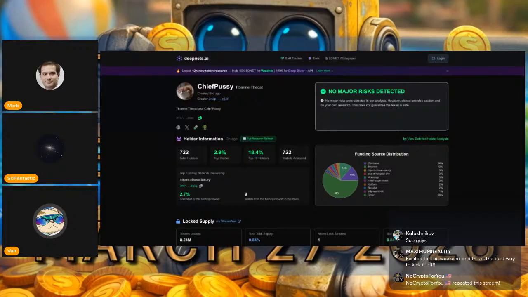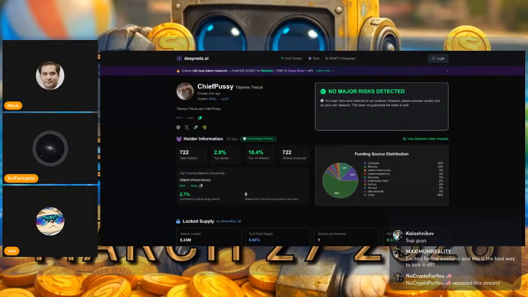And then I was looking around on your X a little bit. Is there some use for DeepNets? The token is used on the site, or how does that work? Yeah, the token actually unlocks access to the newest research that happens. Doing this research is actually a pretty expensive part of the site. I want to share as much as I can about tokens, but the very latest token information is accessible if you hold a certain amount of DNet, and if you hold even more DNet, you get access to the API, which is